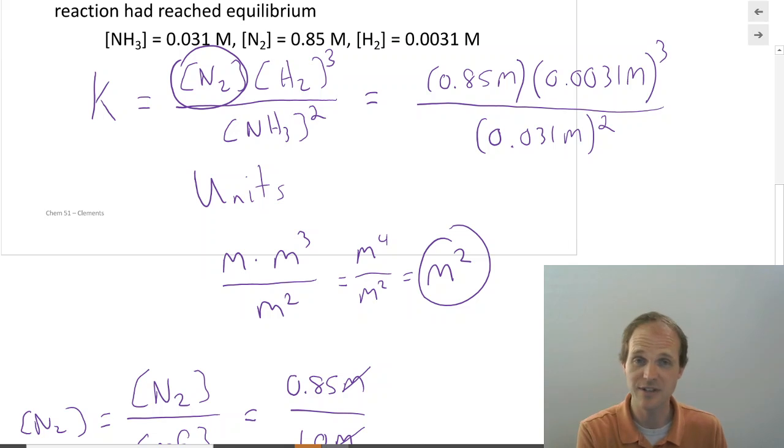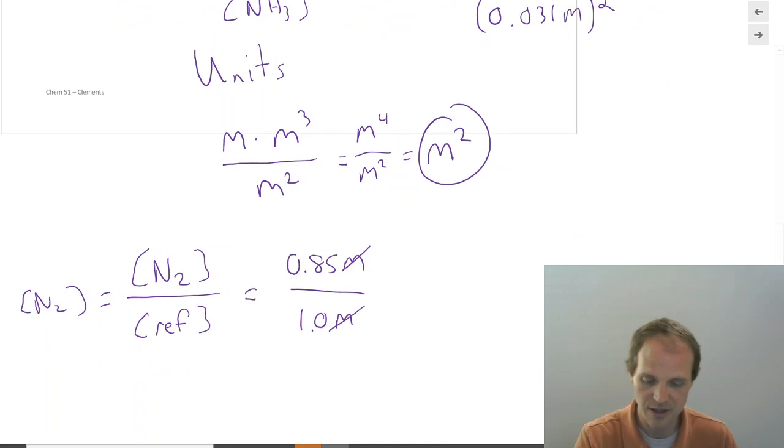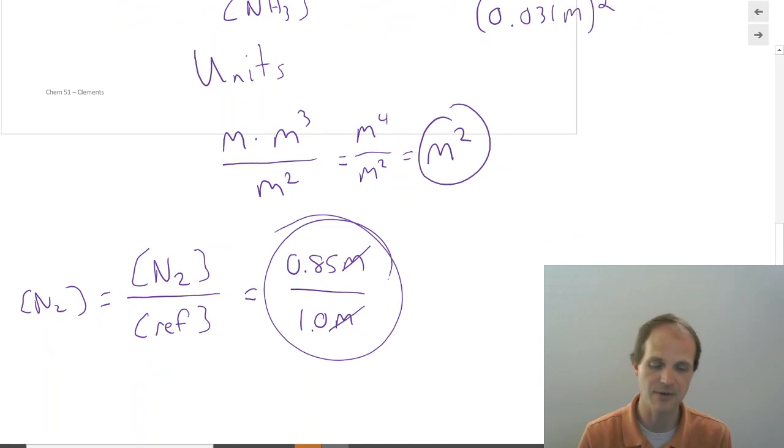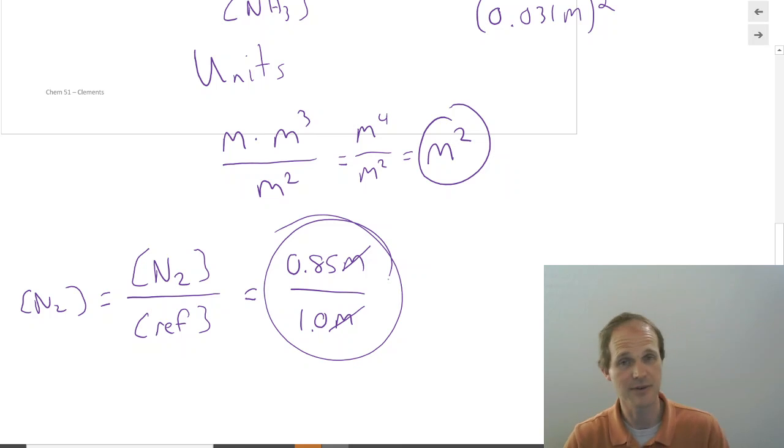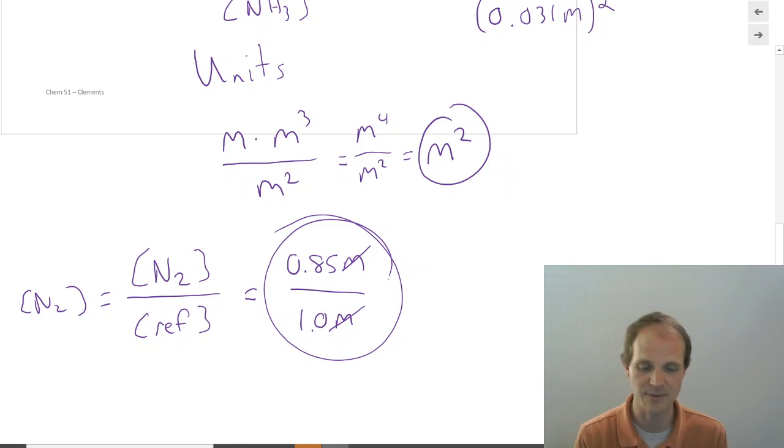But the reason we don't use the units in there, the reason K ends up being unitless, is because every one of those concentrations is actually divided by a reference concentration. When we calculate something with that, we have to multiply by the reference concentration to get our units back. Again, no one does that explicitly. They just kind of do it and talk about it. So that's what I'm going to do.